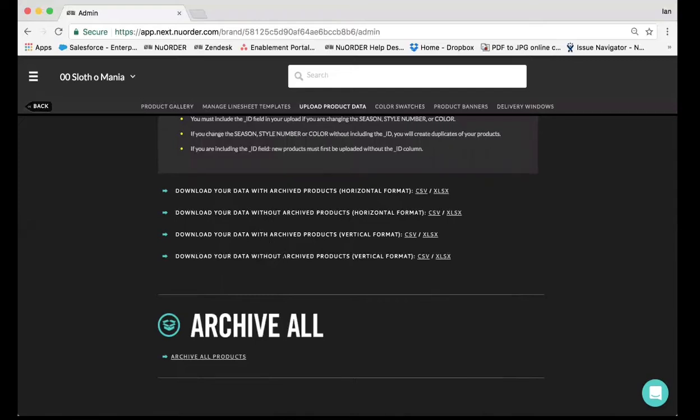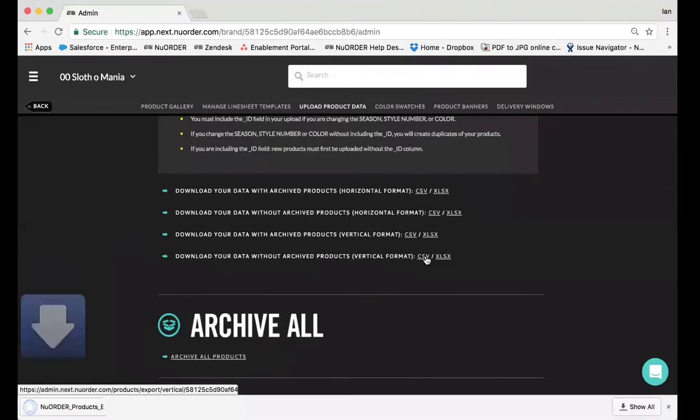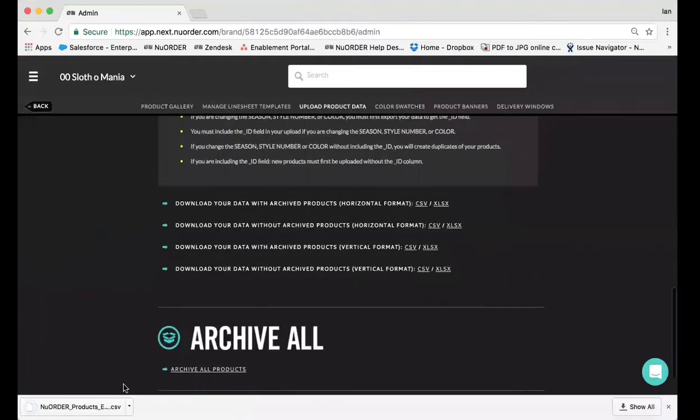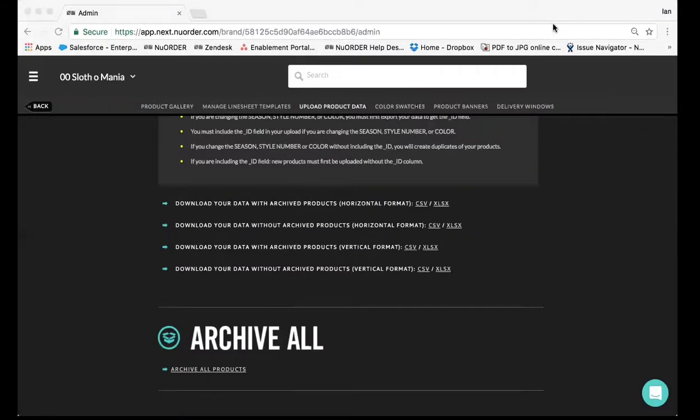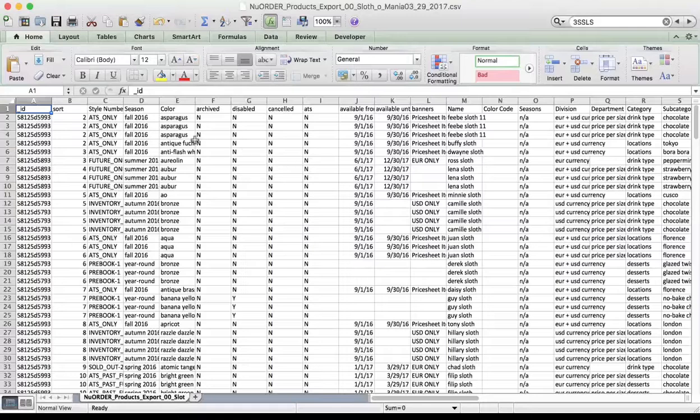So basically, in order to archive products, you want to select the data without archive products. So for this exercise, we'll go ahead and use the download your data without archive products in the vertical format. So we'll click on that and then go ahead and open that up. Let me navigate to the new screen. All right, so once we're in the